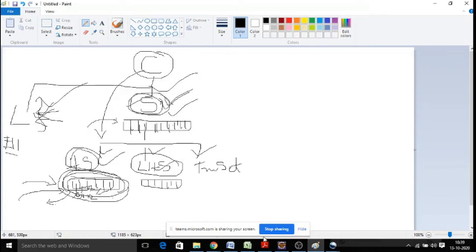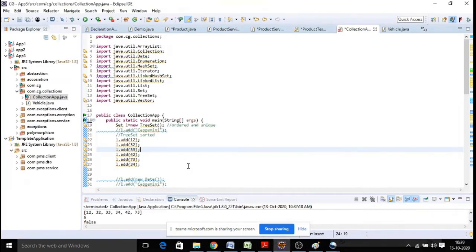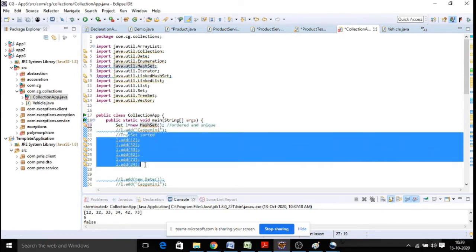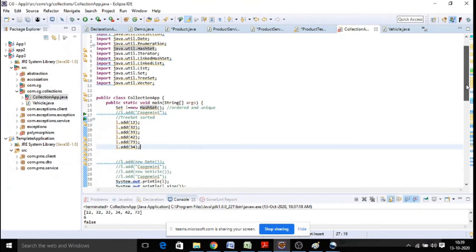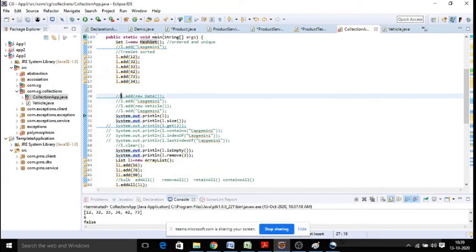First is hash set. So hash set, once again I am repeating, you can take the hash set. The hash set is going to store your elements randomly. And if it is a hash set, you can store heterogeneous elements as well. You can store a date, a string, anything you can store.